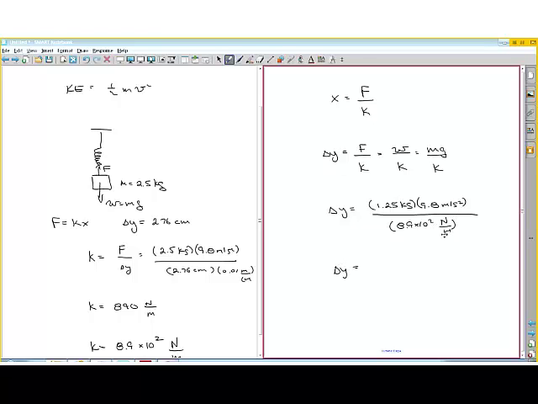And because we have everything in standard units, newtons, meters, seconds squared, and kilograms, we know we're going to be okay, and it's going to come out to be meters. If we rewrote newtons as kilogram meter per second squared, we could do it the long way, but we're just going to assume that we have everything correct because there's no kilo anything. Okay, so you take 1.25 times 9.8 divided by 8.9 e to the second power, and we get